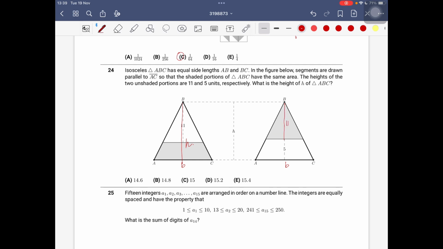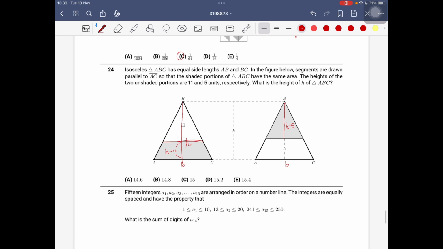So here 11 minus B. No, I mean 11 minus 5. No, I mean H minus 5, sorry. So here H minus 11. So this is the one. Let's make it. So the area here, we need to guess here. 11 to H, because this triangle and the large triangle are similar. So 11 to H